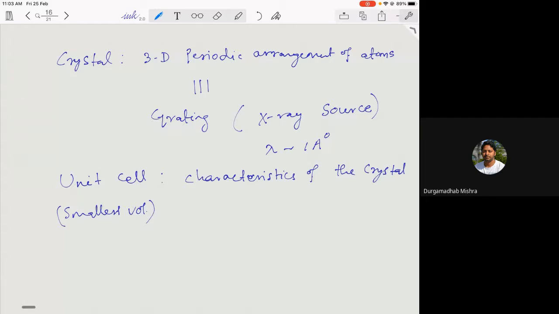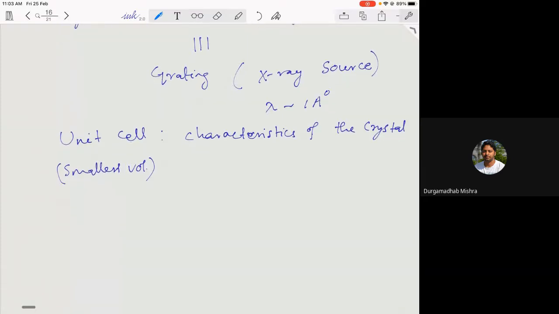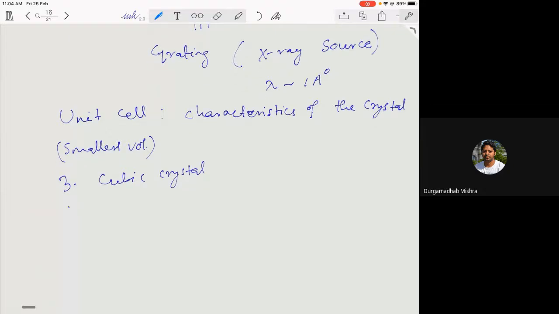Unit cells typically consist of a few atoms. If we consider a structure which has cubic symmetry, so the crystal is cubic in nature, there can be different types of arrangement. Many of the metals you will find are in cubic crystal form. There are three cubic crystal geometries that you normally encounter in three dimensions. One is the simple cubic,